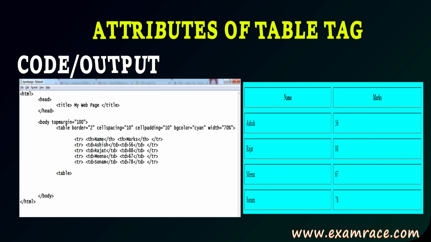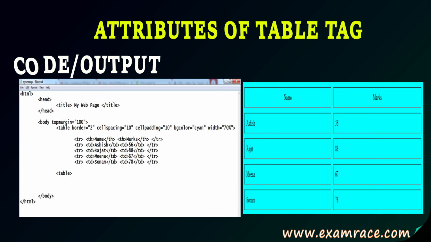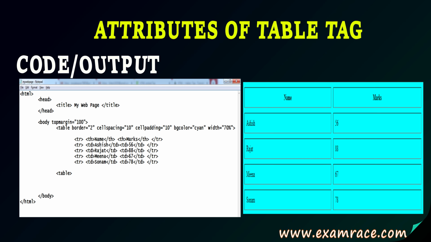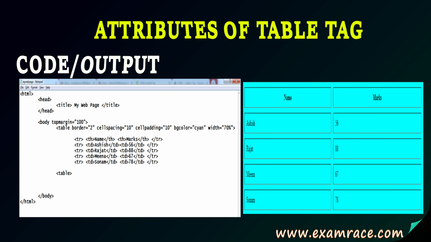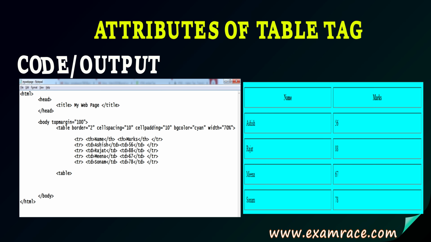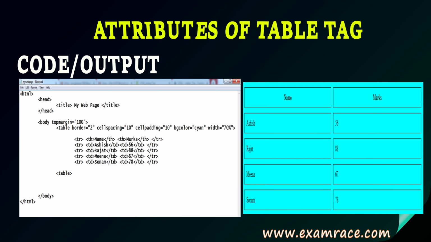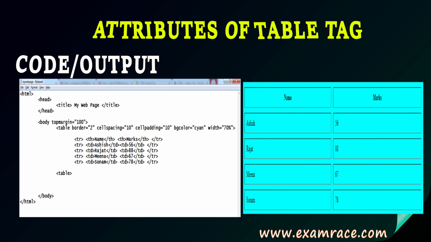Then I am using cellspacing and cellpadding both over here, so you can view the output in the second snapshot. Then bgcolor we can specify according to the requirement. Then for width I have taken 70%, which means it will take 70% of the space of the whole web page.